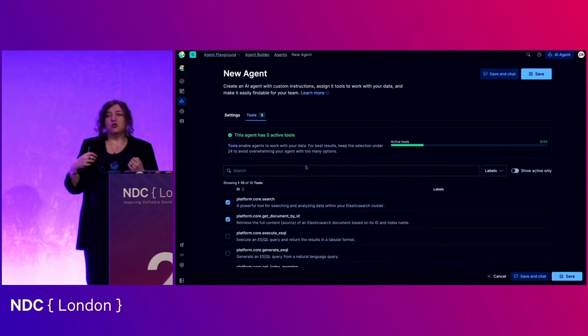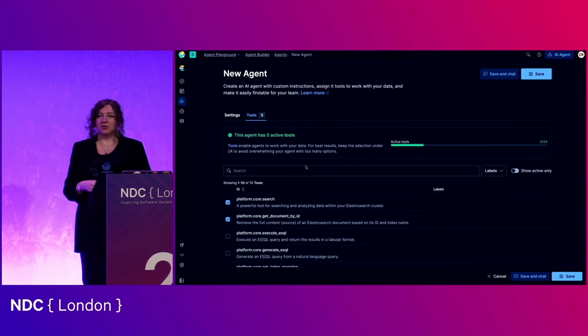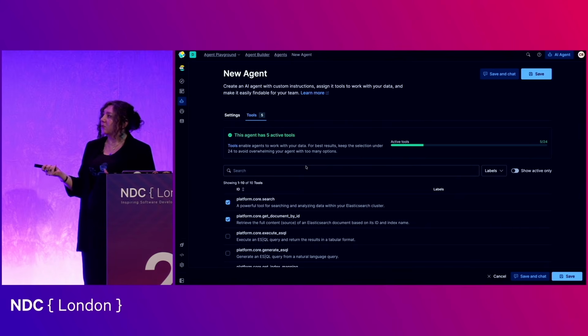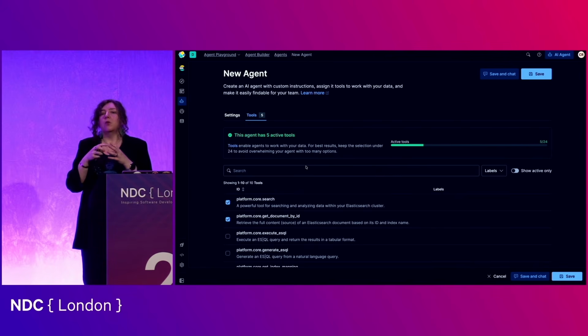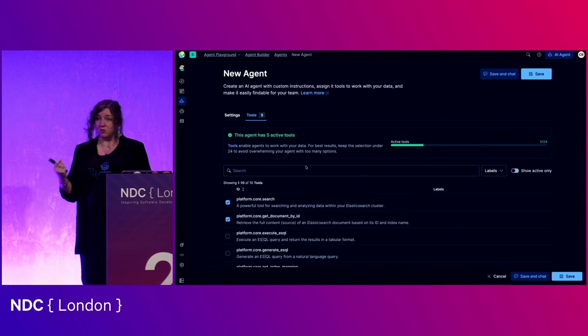We also need to think about, should tools even be accessible at all to this particular model? And that obviously follows on from the principle of least privilege if we think about security. Maybe it shouldn't have access to every single tool that you've defined. So this is an example here. It's actually from Elastic Agent Builder, and you can see that this example is only provisioned 5 of a possible 24, partially to limit what the responsibilities of that agent are, but also partially to prevent bamboozling, because the more tools that you provide to an LLM, the more complex the problem space is. And in fact, sometimes it can even have difficulty choosing which are the most appropriate tools.